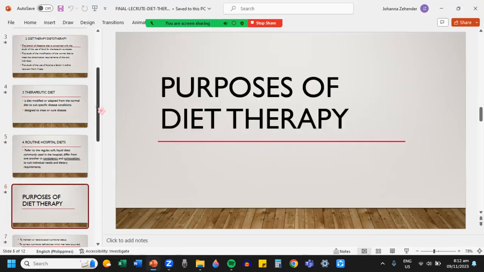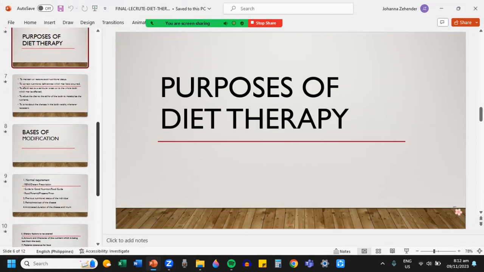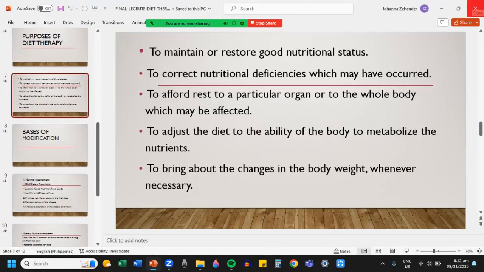Okay, so next we proceed to the purposes of diet therapy. It is to maintain or restore good nutritional status. It is also to correct nutritional deficiencies which may have occurred. It is also to afford rest to a particular organ or to the whole body which may be affected, to adjust the diet to the ability of the body to metabolize the nutrients,